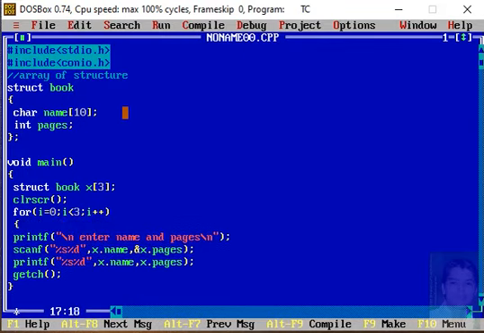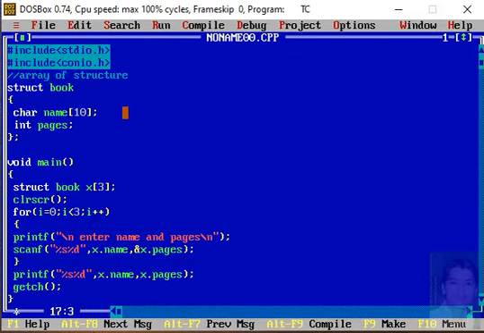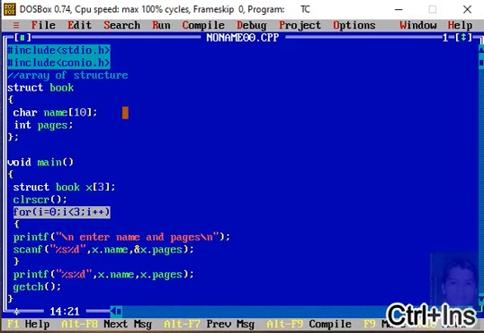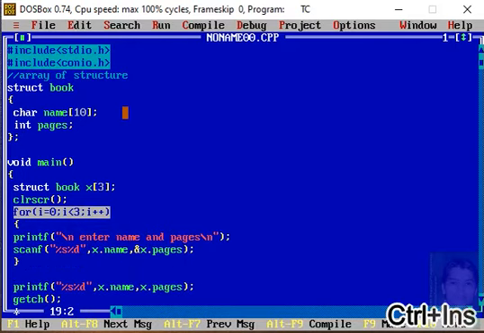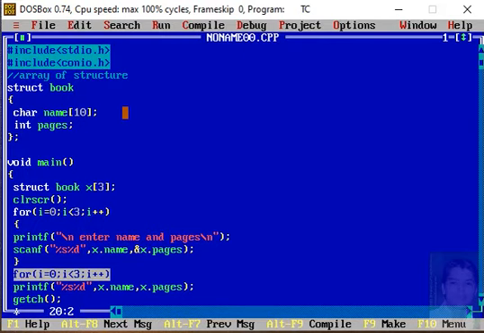First I will scan the data, and in the second for loop I am going to display it. So I accept the data in the first for loop, and the second for loop I use to display the data. Let me add slash t here so that it is displayed in a tab-wise manner. This is the simple thing we need to do when we deal with the array of structure concept. This is where the array of structure actually comes into the picture.